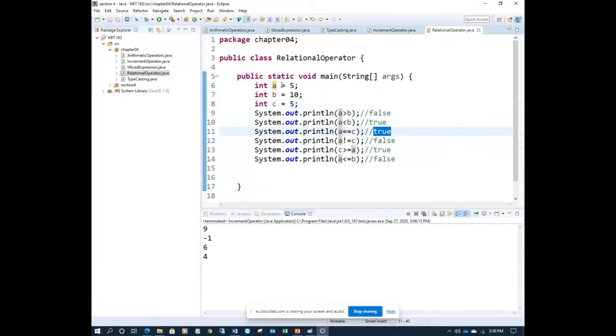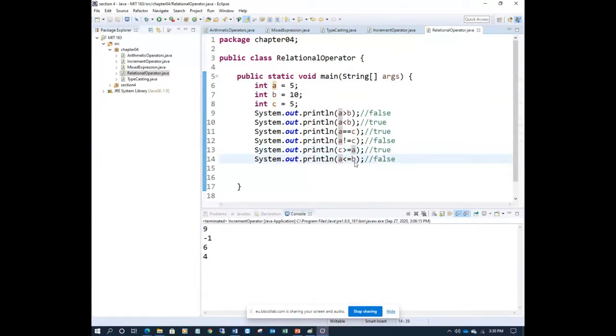Then A not equal to C, I'm giving another expression with not equal, it is false, because they are actually equal. Next is C greater than or equal to A, true, because 5 is greater than or equal to 5.